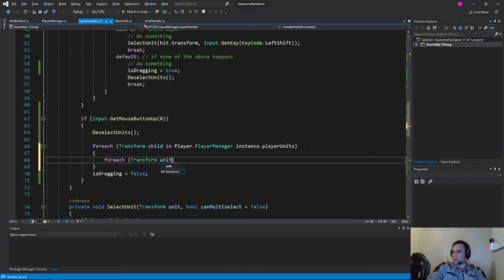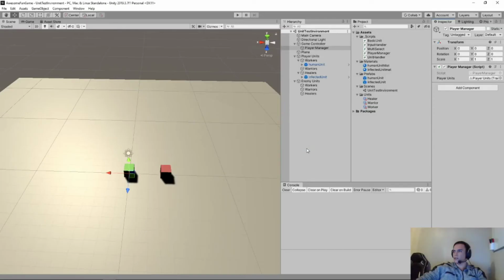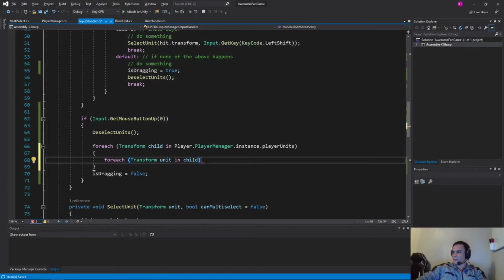Transform, we're going to call this one unit in child. So for every one of our units that are in the children, which the children are workers, warriors, healers. So for every unit we have inside of workers, inside of warriors, and inside of healers, right? And as that list grows, this will still work. So for each one of our units,